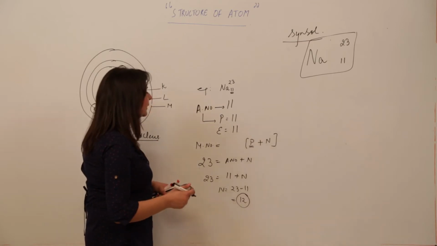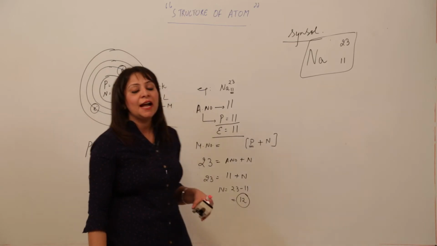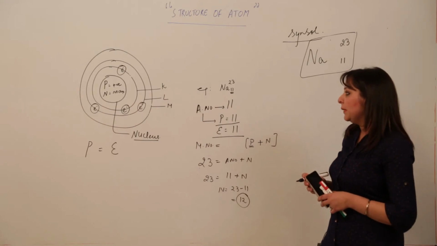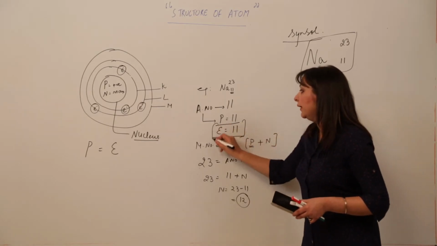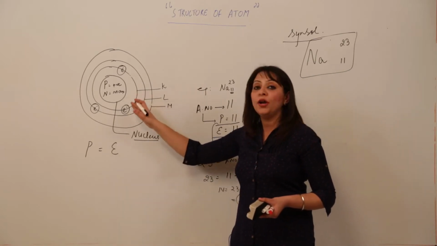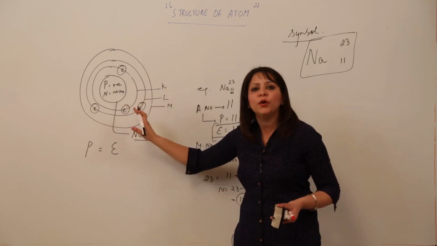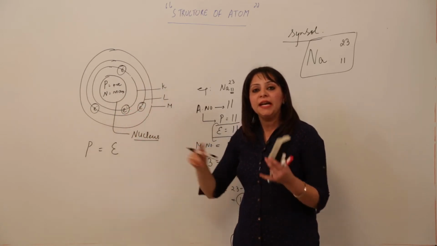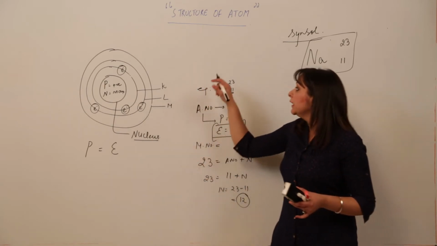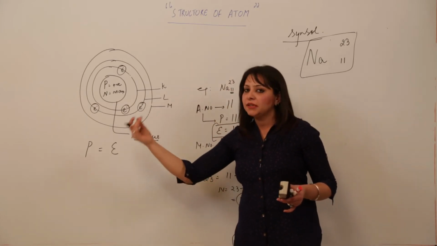And look at them, as the number of protons and number of electrons are equal, this specifies that the atom is electrically neutral. Now the question comes to mind: how are these electrons arranged? As Bohr told us, according to Bohr, electrons are revolving around the nucleus in definite orbits, shells, or energy levels, whatever term you can use for it. I am repeating, energy level, orbit, shell, anything you can use, and they are designated by K, L, M and so on. First shell as K, second as L, M, likewise.